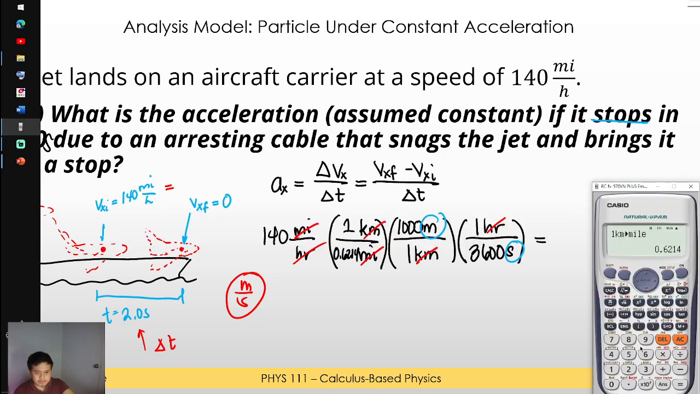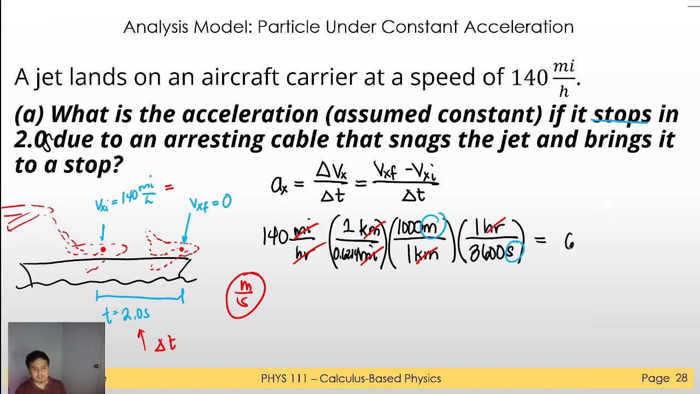Therefore, the speed in meters per second will be equal to, so multiply everything in the numerator, multiply everything in the denominator. We have 62.58, 62.58 in meters per second. So this is your initial velocity. Therefore, the acceleration here will be 62.58 meters per second minus 0 all over the change